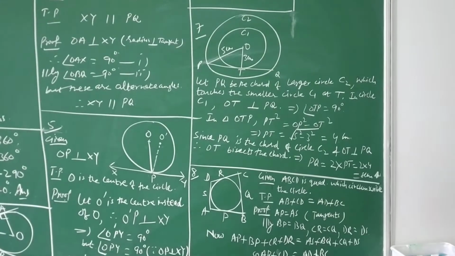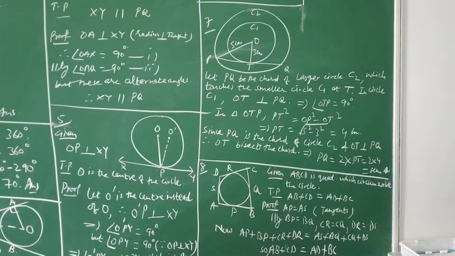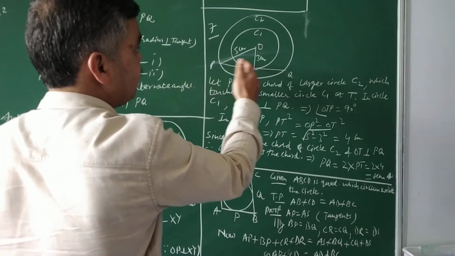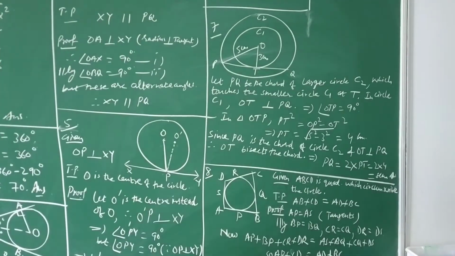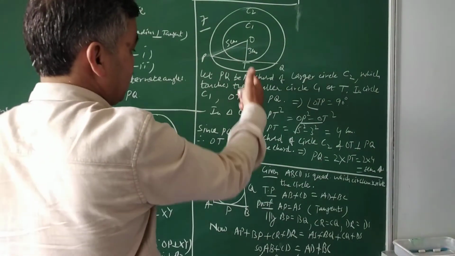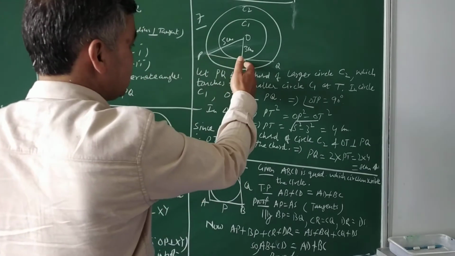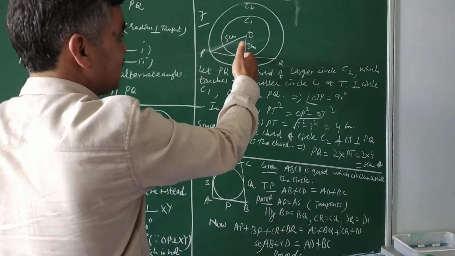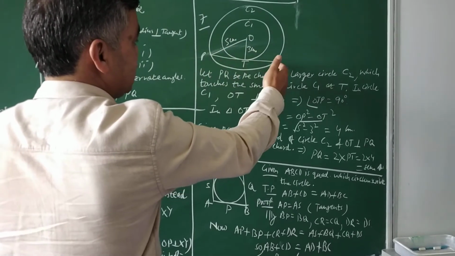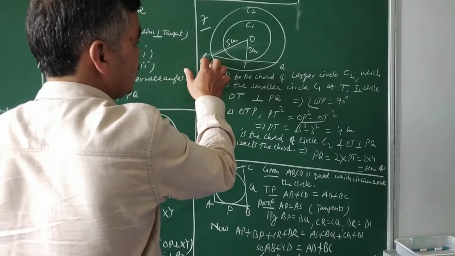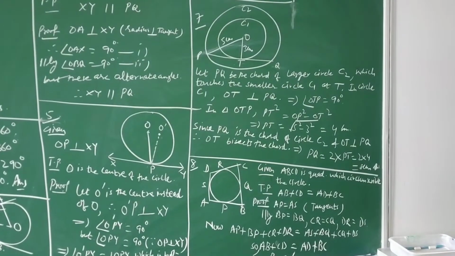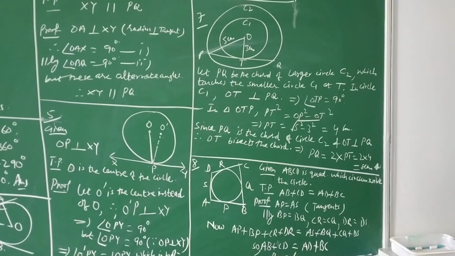Now you need to go back to your class 9, where you studied that PQ is the chord, and the perpendicular line drawn through the center perpendicular to the chord bisects the chord. This was theorem number 3 in class 9 when we started the circle. So you have calculated the length of PT, somewhere equal to 4. So T is the midpoint now, because the radius is the perpendicular bisector of the chord, so it divides this chord into two equal parts. So PT is equal to 4, so PQ will be equal to twice of 4, that is equal to 8 centimeter. So the length of the bigger chord will be 8 centimeter.